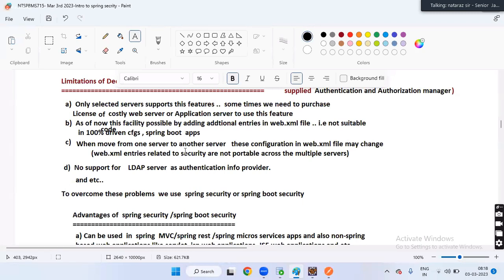Next, when we move from one server to another server, these configurations in web.xml may change. That means the entries in the web.xml file related to security configuration are not portable across multiple servers.